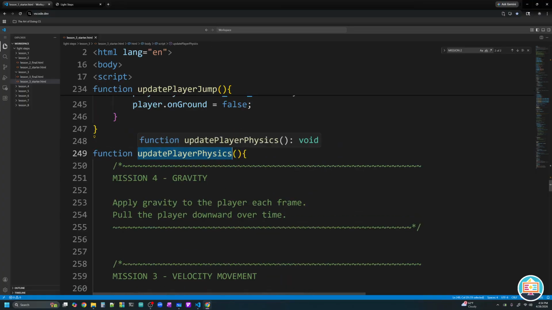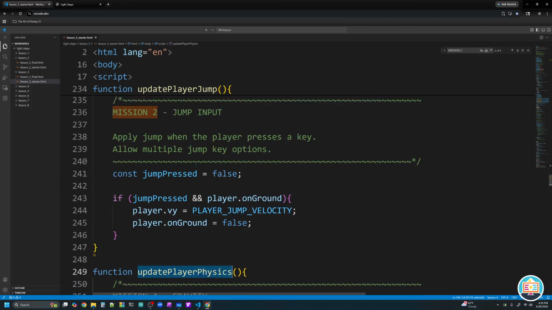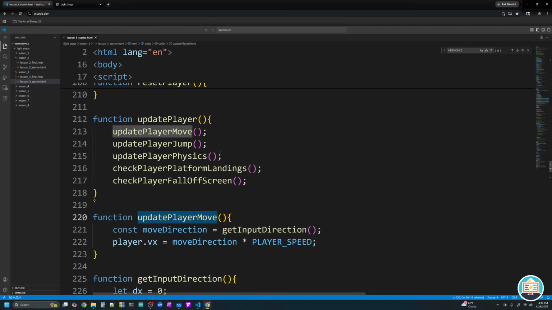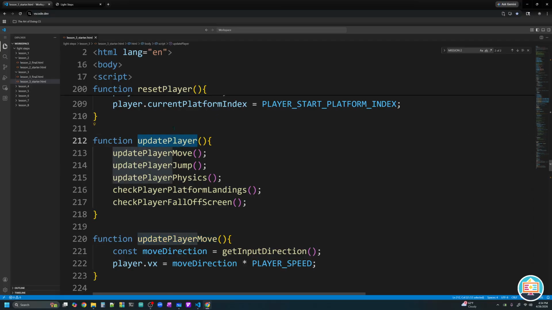So we said jumping. This motion is all physics-based motion. We're going to update our player's jump, get input direction, update player move. Okay. And look here, we've got update player. This function has a lot of stuff in it. Inside update player, we are updating the player's horizontal movement with update player move. We're updating their jump movement, their vertical movement. We're updating our physics. We're checking to see if they landed on a platform, checking to see if they've fallen off the